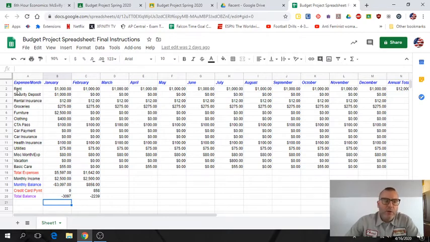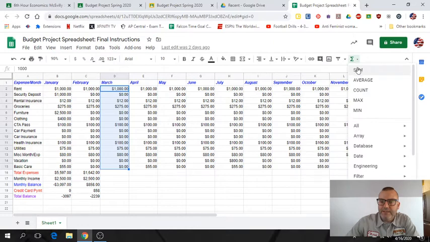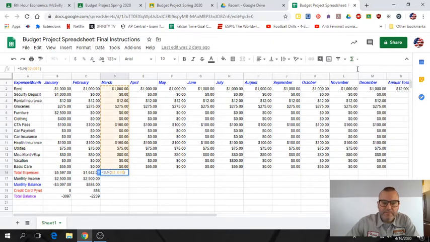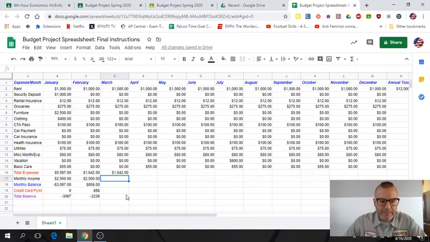Below all of your expenses, I've listed total expenses as my next line in this column. For example, for March, I can just highlight all of my March expenses and come over to the sum tab under functions, this little sigma key. Under functions, I can click on sum. It'll give me a total. Click in that total expenses box or below it, and that total, $1,642, is going to pop up there.